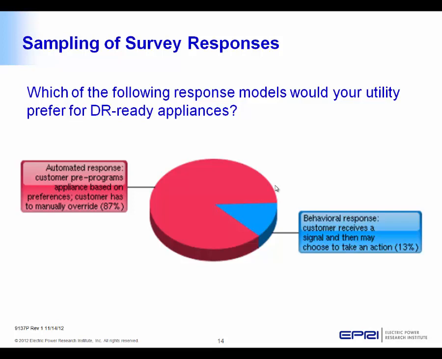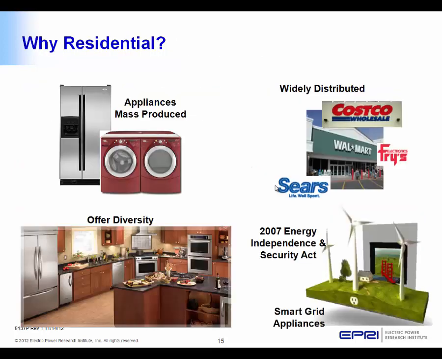Or a behavioral response, where the customer receives a signal and then may choose to take an action. Not surprisingly, automated response turns out to be the preferred from a utility perspective, and actually the most practical in terms of making the programs really pay for themselves. And so we've had a focus in the industry lately on residential appliances and devices to make them DR ready